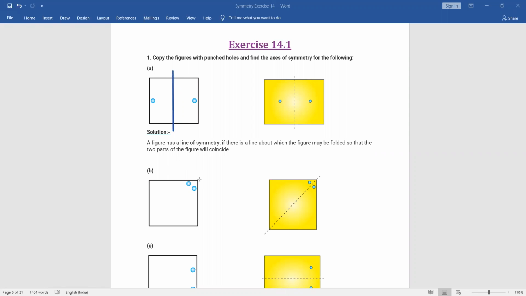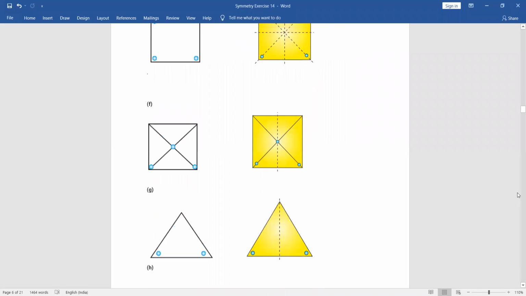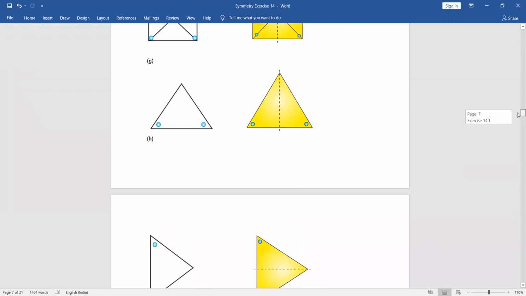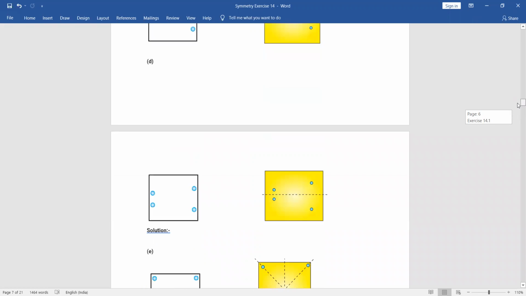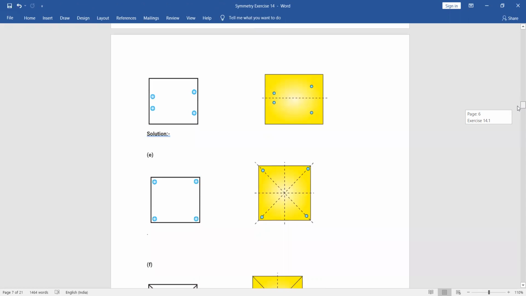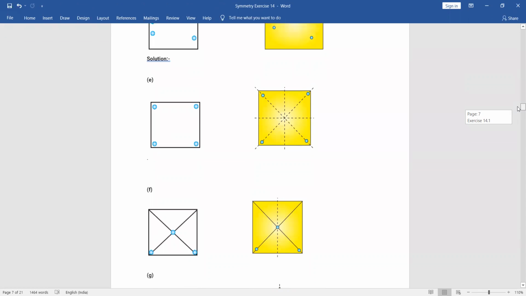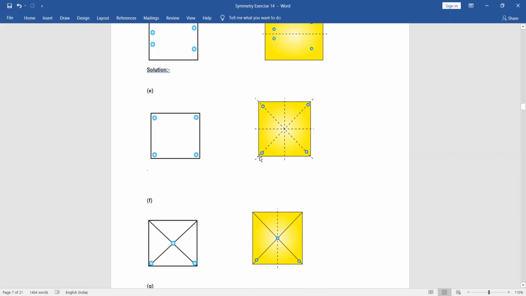Same, when we are joining the diagonals, here again this can be the axis of symmetry. So on seeing the diagram, you can easily identify the line of symmetry, the axis of symmetry. In all the figures in question number 1, you can easily identify. Just see how we are drawing the axis of symmetry. You see this line in the E. In each, just see how many lines are there, 1, 2, 3, and 4. But here, 4 holes are there, so these are all lines of symmetry.